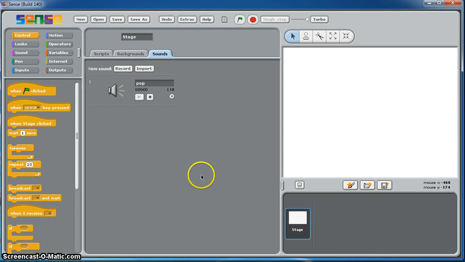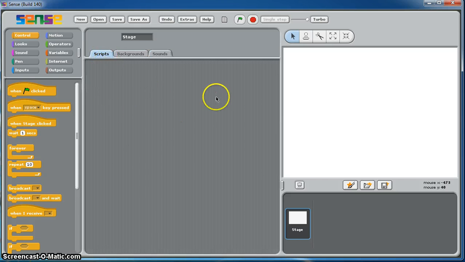Okay, so if we go back to scripts and click on the scripts pane, this area here is where we'll build our scripts that we're going to use to create our wee programs. Okay, and to do that we have a number of palettes, and the one that's currently visible is a control palette, and in there we've got our when clicked,